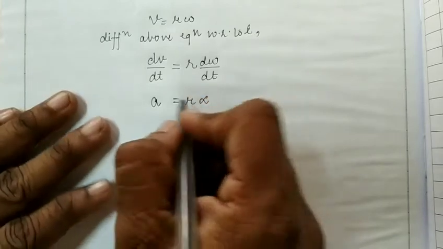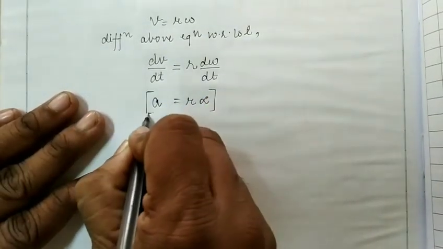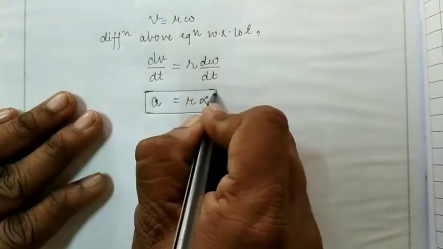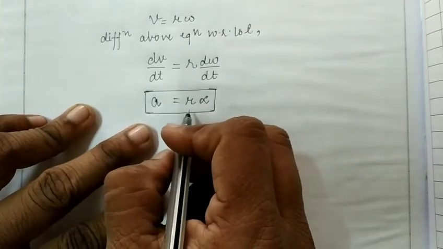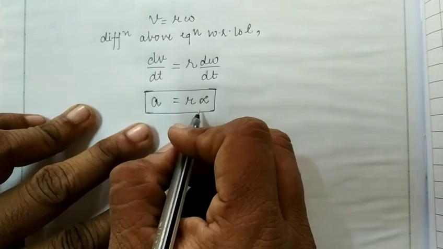So this is a relationship between the linear acceleration and the angular acceleration of a particle system. If we have the linear acceleration of a particle and we know the radius of curvature of the path, then we can easily calculate the angular